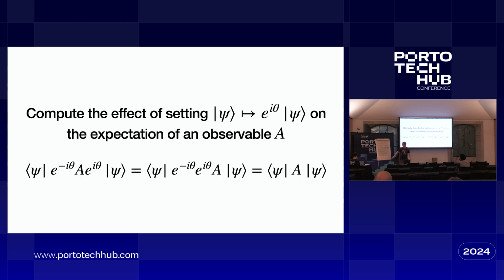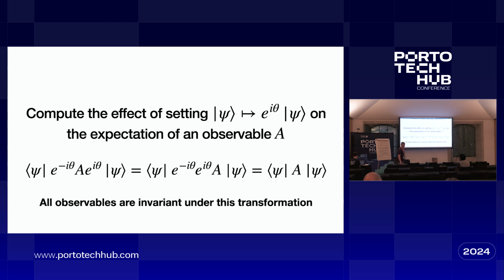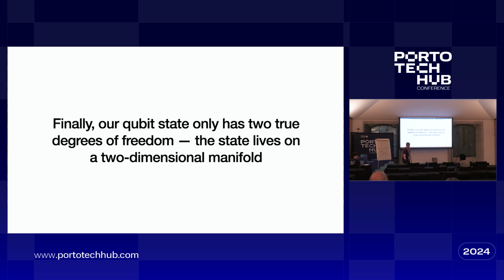Sorry, that derivation I just wrote super ugly is this derivation, okay? You can check it later. You can convince yourself that's correct: multiplying psi by e to the i theta gives me the same result back. That phase is related to the whole existence of electromagnetism, by the way. I'm not going to explain what I mean by that. So finally, our qubit has only 2 degrees of freedom, right? Our qubit lives in a 2-dimensional manifold, okay?